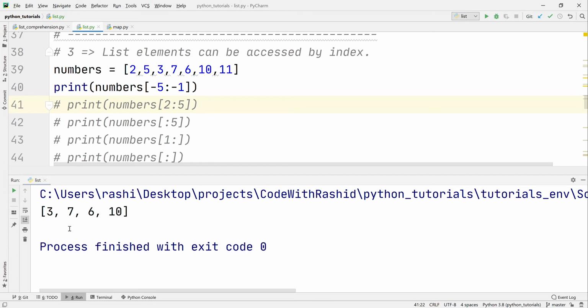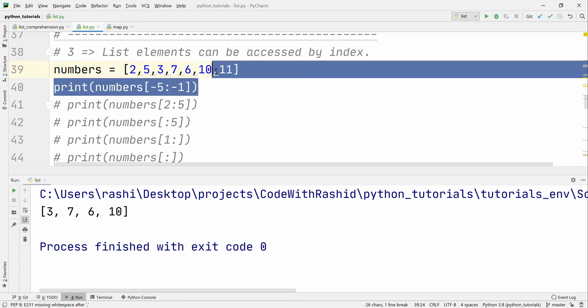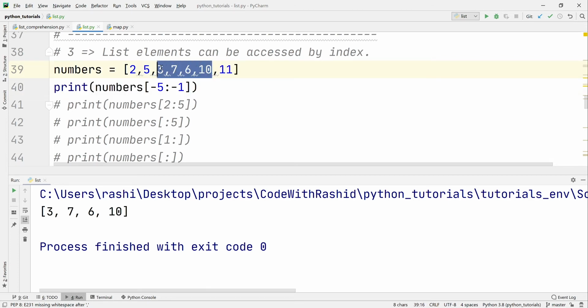We have 3, 7, 6, 10. What's happening here? It is saying start from -5, counting -1, -2, -3, -4, and -5. Start from 3 and print all the elements before index -1, that is 3, 7, 6, and 10. So it has printed all these numbers using negative indexing range.